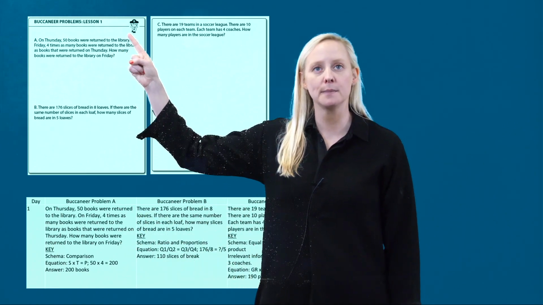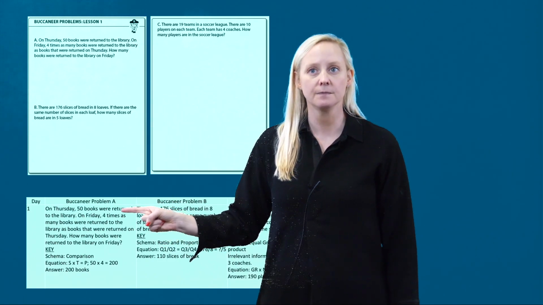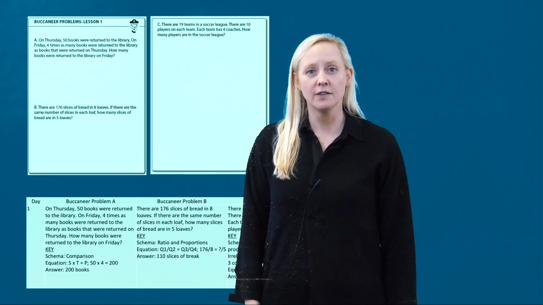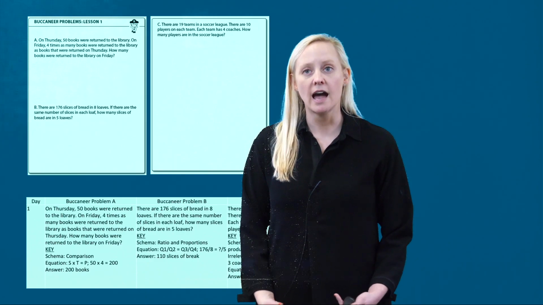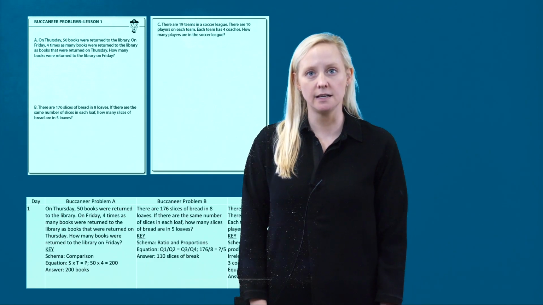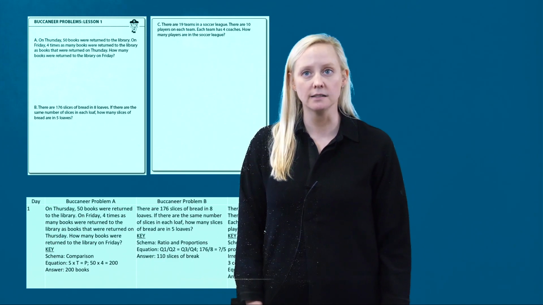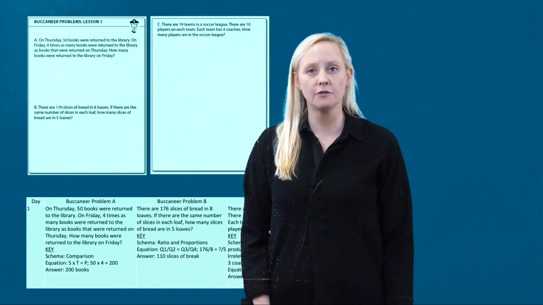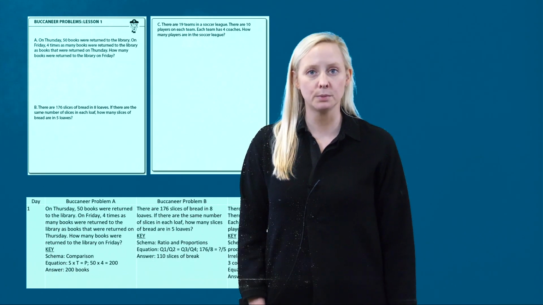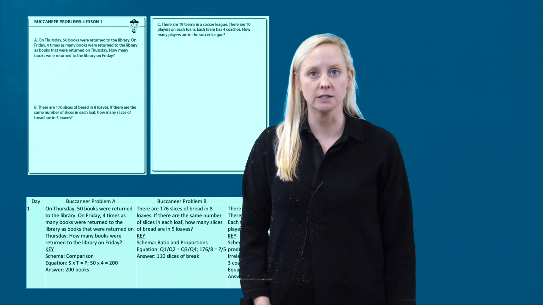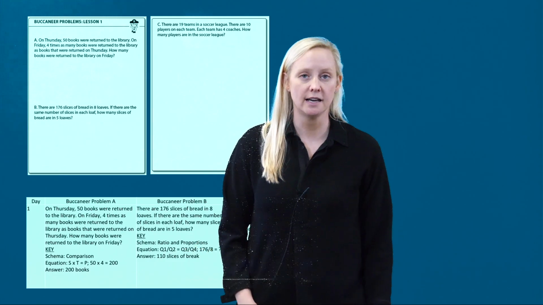Here you see this problem is about the library and the books. Here I've written the same problem down here. And here we see the key. I've written the schema. We know this is a comparison problem. I've written the equation as the letters. So we see S times T equals P, which stands for the set times the times equals the product. And then we've plugged in our numbers, so 50 times 4 equals 200. And then we've written the answer as 200 books, so our number answer and our label answer. So for all 3 problems in each of the 39 lessons, you will find a key.